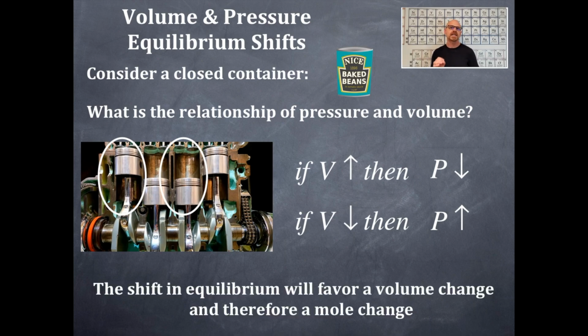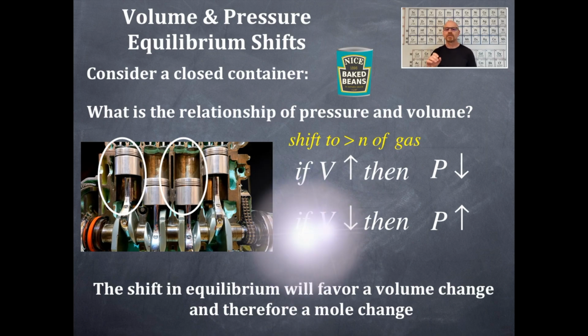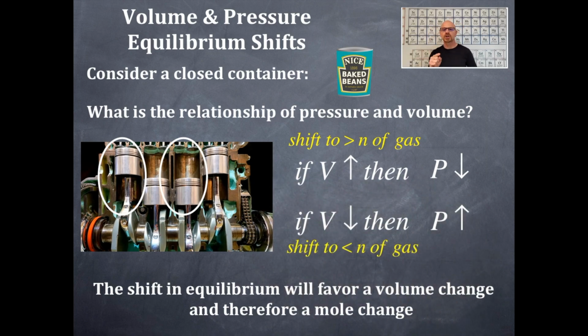So here's the key feature here with an equilibrium. The shift in equilibrium will favor a volume change and therefore a mole change. So I'm going to relate that to these two volume-pressure relationships that we have written down already. So if the volume goes up, then we're going to shift the reaction to the greater number of moles of gas. Okay? And if the volume goes down, then we're going to shift the reaction to the fewest number of